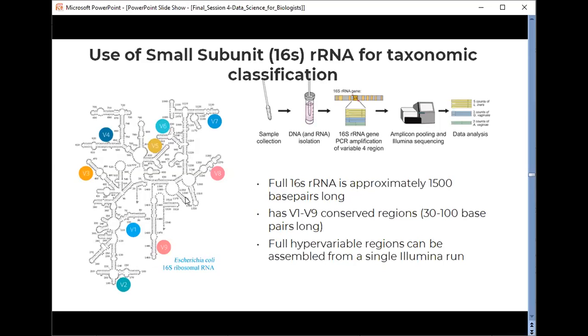The degree of conservation varies widely between hypervariable regions, with more conserved regions correlating to higher-level taxonomy, while less conserved regions are confined to the lower levels, such as genus or species.